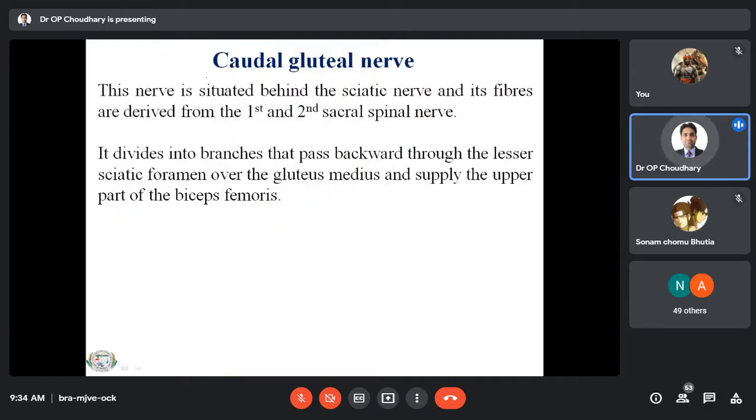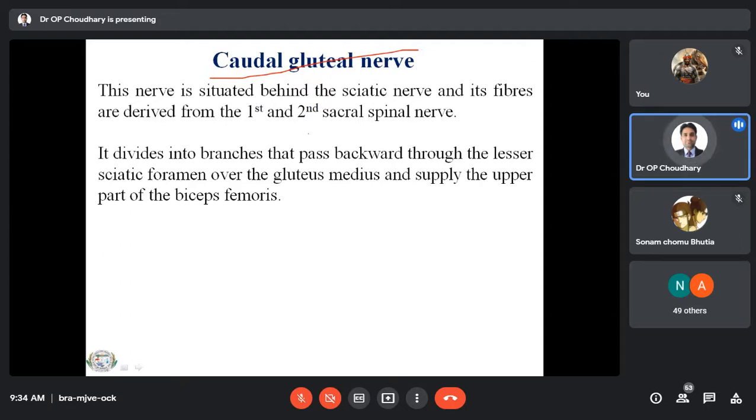The last is the caudal gluteal nerve. This nerve is situated behind the sciatic nerve, which is the largest nerve of the body. It derives its fibers from the first and second sacral spinal nerves, and it divides into branches that pass backward through the lesser sciatic foramen over the gluteus medius muscle and supply the upper part of the biceps femoris. So these are the different parts of the